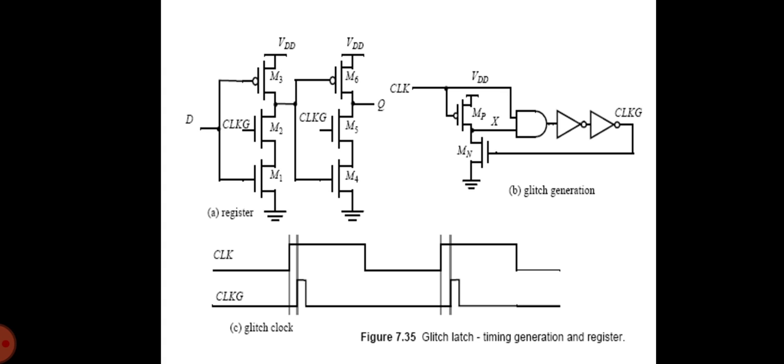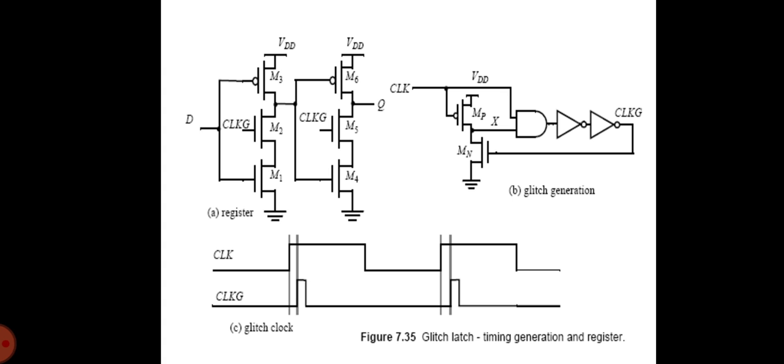The second diagram shows an example circuit for constructing a short intentional glitch on each rising edge of the clock. When clock is equal to 0, node X is charged to VDD, where Mn is off since clock G is low. On the rising edge of the clock, there is a short period of time when both inputs of the AND gate are high, causing clock G to go high. This in turn activates Mn, pulling X and eventually clock G low. The length of the pulse is controlled by the delay of the AND gate and the two inverters.